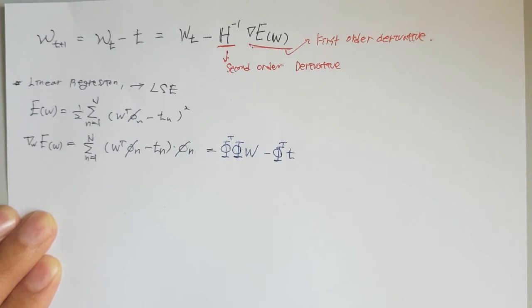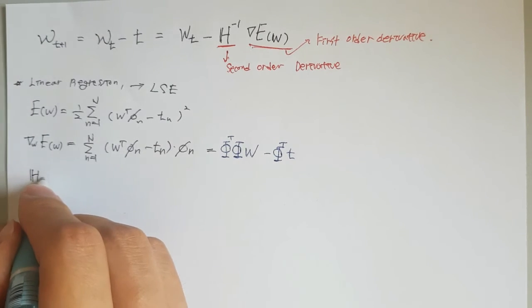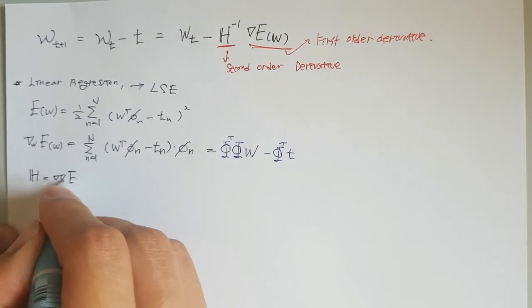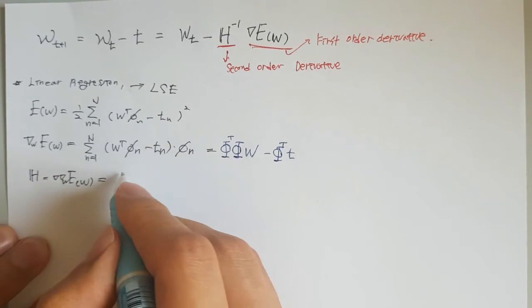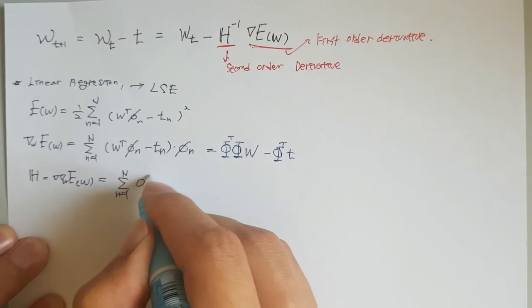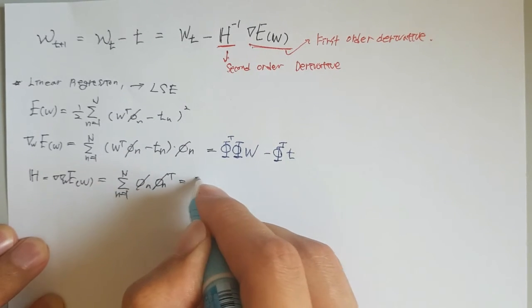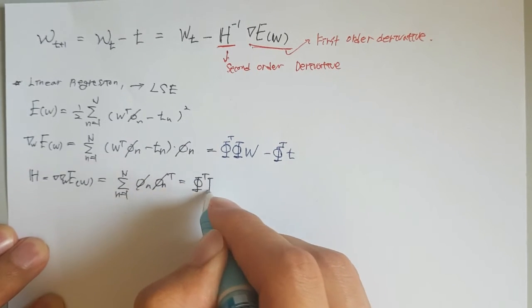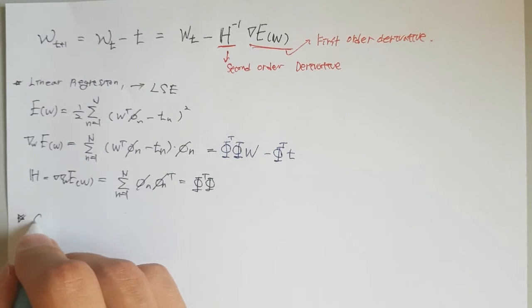Okay, then the Hessian matrix, which is the second order derivative, will be like this. It is really simple mathematics, so I won't explain too much. I think you guys can understand this part really well, but in terms of cross entropy,